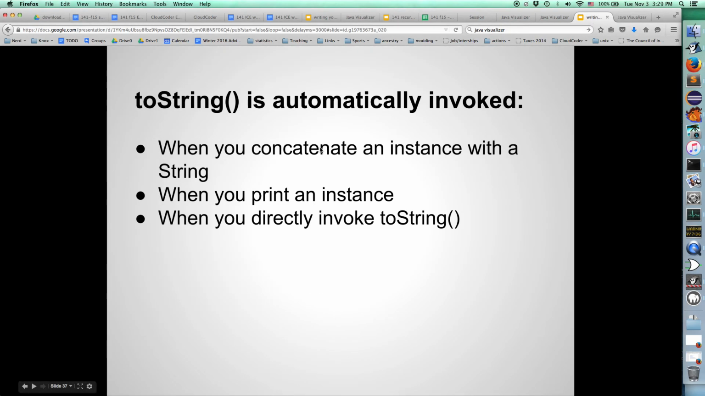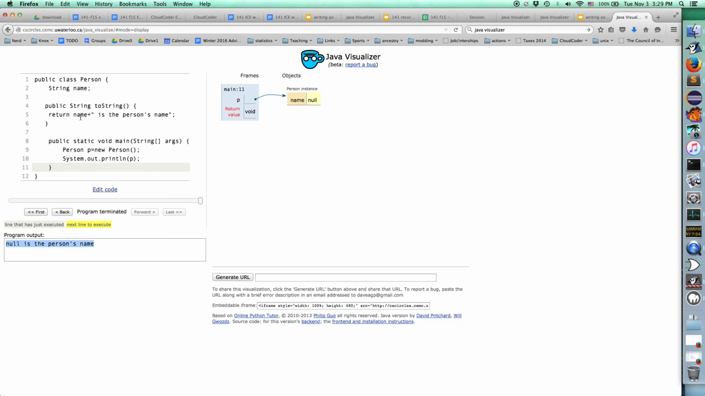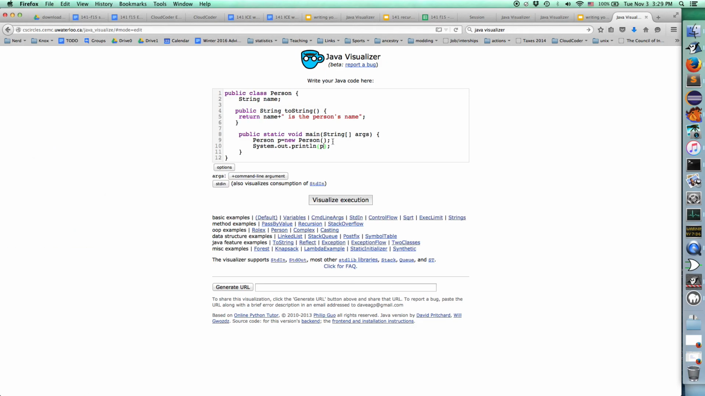I should note, toString is automatically invoked whenever you concatenate an instance with a string, whenever you print an instance, whenever you directly invoke the toString method. So if we look at this example, we're printing out p as if it were a string, so printing something automatically invokes the toString on it if you haven't already. Other ways to get toString to happen, if we did something like p, is the, toString method or something like that,